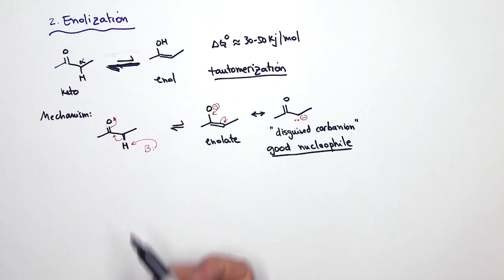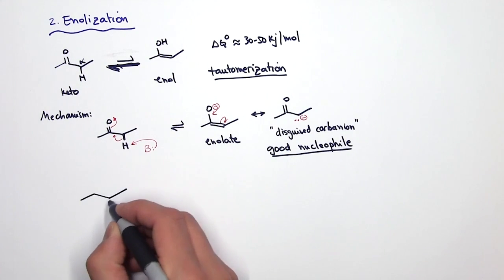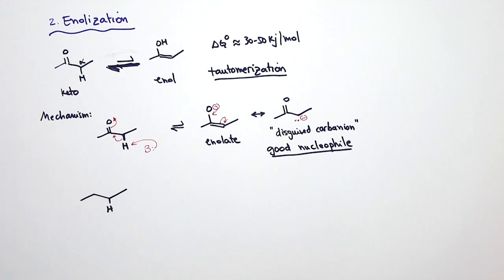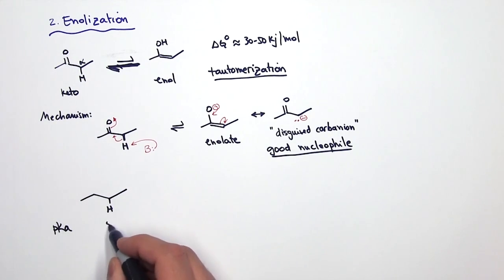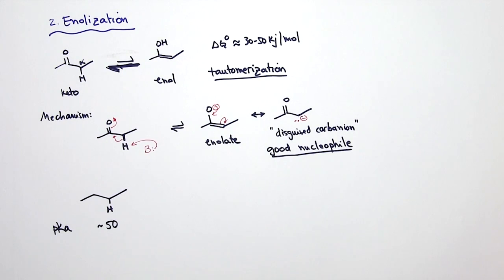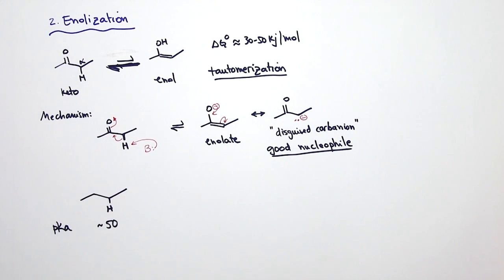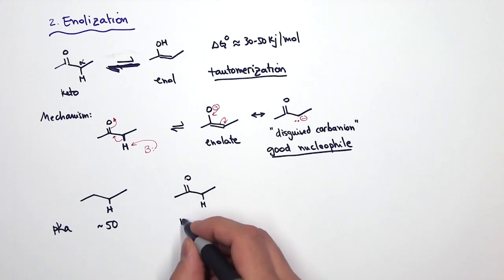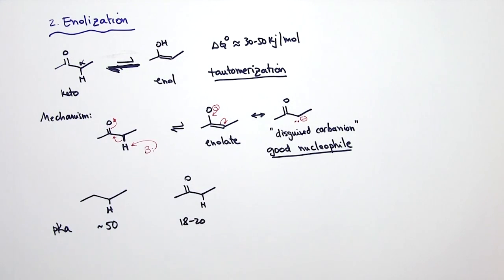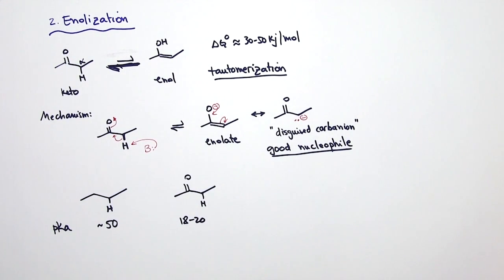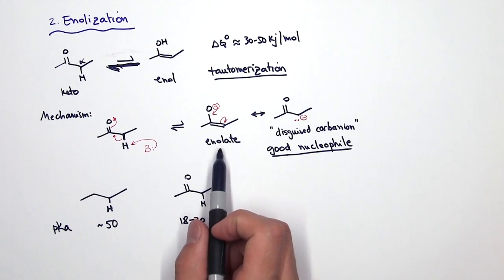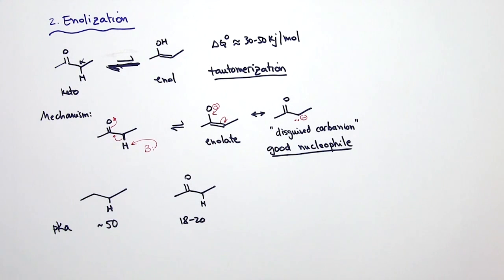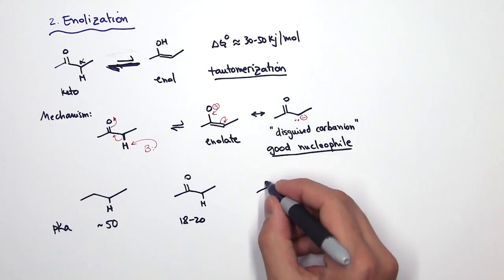Something to keep in mind: how acidic is this alpha hydrogen? We can compare it with a hydrogen in an alkane. The pKa of such a hydrogen is close to 50. It's extremely hard to remove such a proton. Now if we look at the alpha hydrogen next to a carbonyl, the pKa is 18 to 20. So it's 30 orders of magnitude more acidic. And this is because, as we saw, when we remove this hydrogen, we form the enolate anion, which is resonance stabilized. A more extreme case of this is if we have two carbonyls